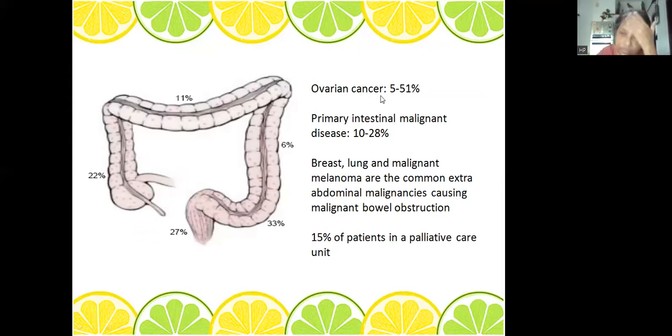Ovarian cancers contribute about 5 to 51% of obstructions. Primary intestinal malignant diseases account for 10 to 28%. Breast, lung, and malignant melanoma are the common extra-abdominal malignancies causing bowel obstruction. And 15% of the patients in a palliative care unit have malignant